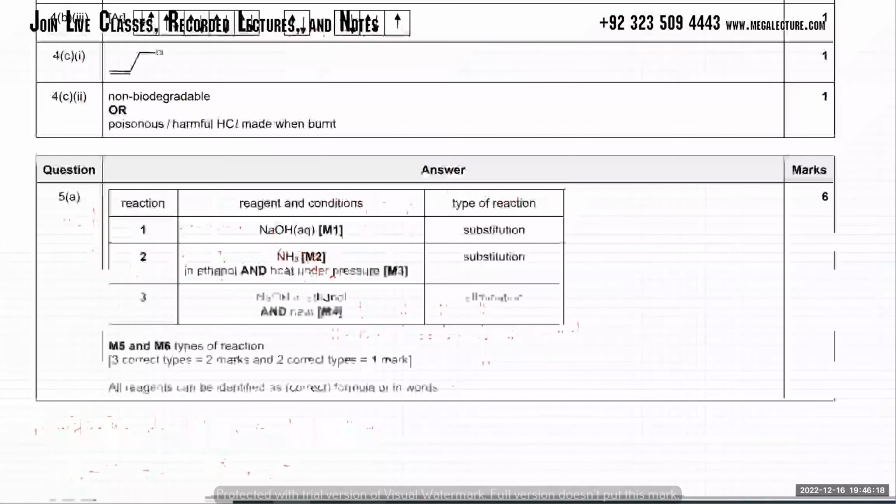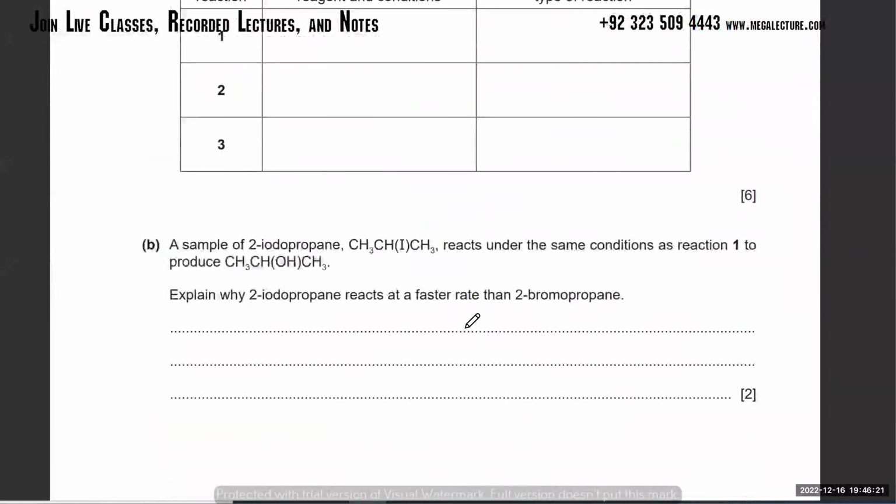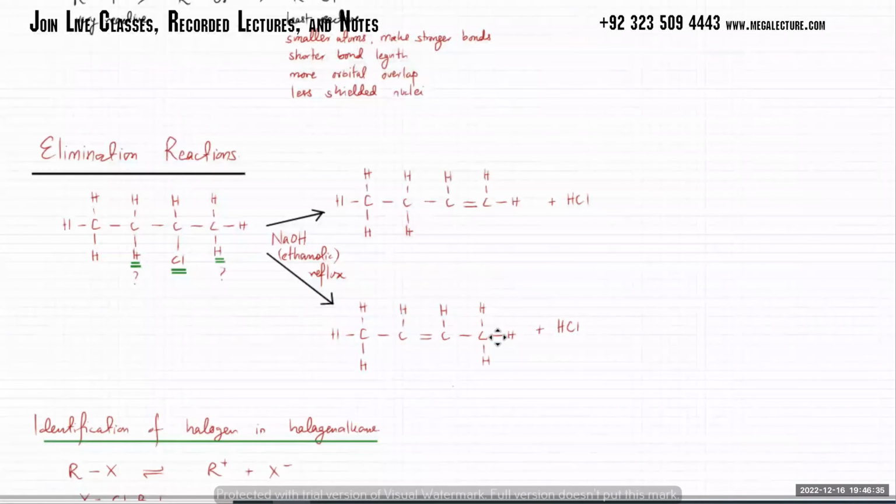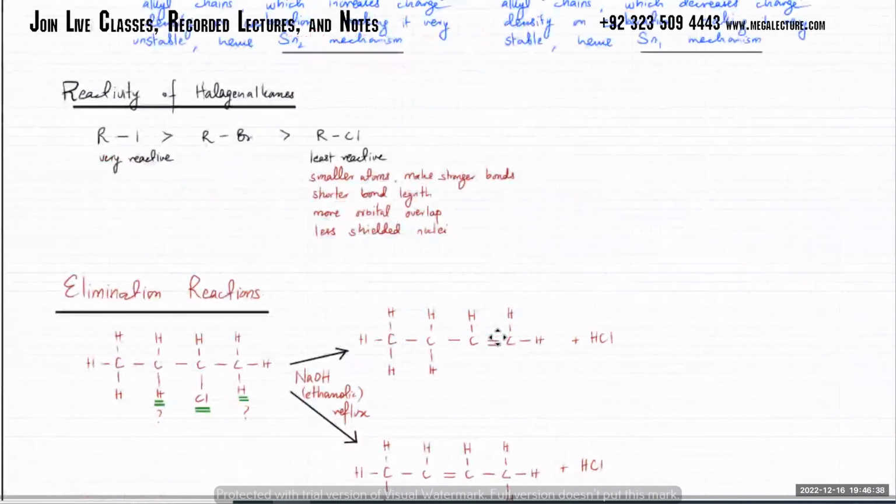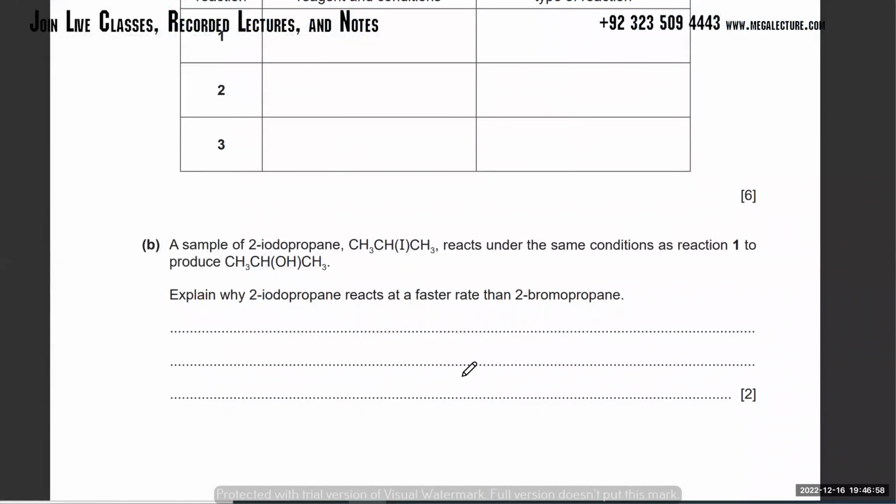So now the next one is, कि what's the next one? A sample of 2-iodopropane reacts under the same conditions as reaction 1 to produce this molecule. Explain why 2-iodopropane reacts at a faster rate. तो वो हमने fast होने की भी speed का हमने पढ़ा था कि when you have halogenoalkanes, तो the reactivity of the halogenoalkanes जो बड़ा होता है ना, that reacts more vigorously, like the bigger halogen, because it's going to make weaker bonds. So it's going to have a lot faster reactions. And the smaller halogen, it's going to make very strong bonds. It's not going to have a very strong reaction. तो वो आपने यहाँ पे लिखना है, ठीक है।